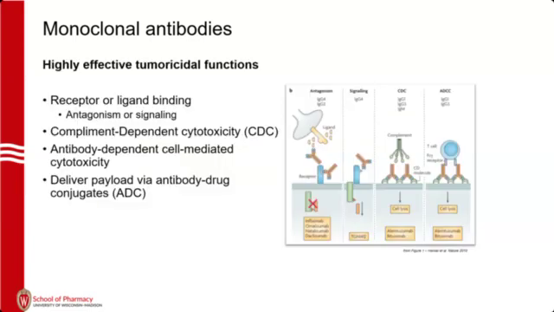Here are some of the monoclonal antibodies and how they work or how they get things done. They can serve, like in the first column on the left-hand side there, as a receptor or ligand binding, which can lead to signaling or antagonism of signaling. They can lead to complement-dependent cytotoxicity or activation of the complement cascade. They can have antibody-dependent cell-mediated cytotoxicity, and they can even deliver payloads via antibody-drug conjugates. And then we'll also talk about the FDA approvals for the bispecifics and how they go about getting things done